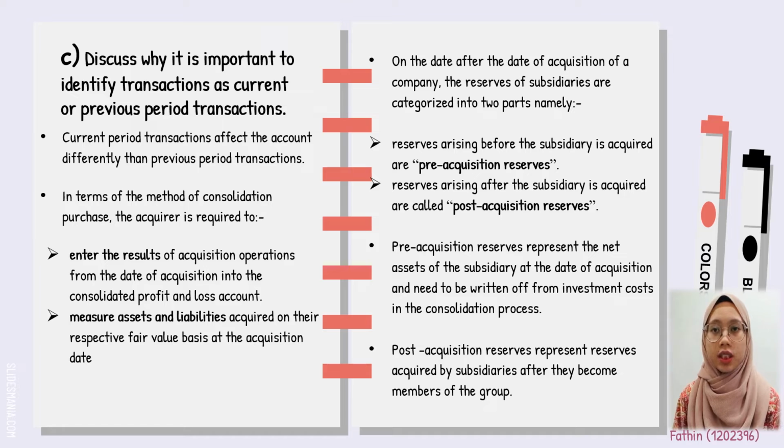On the date after the date of acquisition of a company, the reserves of subsidiaries are categorized into two parts, namely, reserves arising before the subsidiary is acquired, which are pre-acquisition reserves, and reserves arising after the subsidiary is acquired, which are post-acquisition reserves. It is important to differentiate, as pre-acquisition reserves represent the net asset of the subsidiary at